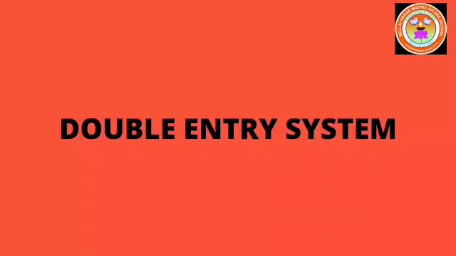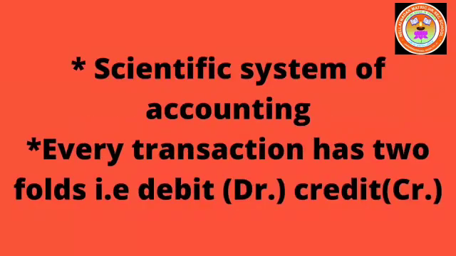For example, if a business acquires something, then either it must have been given by someone or it must have been acquired by giving up something. On purchase of furniture, either the cash balance will be reduced or a liability to the supplier will arise. This has been made clear already. The double entry system is so named since it records both the aspects.